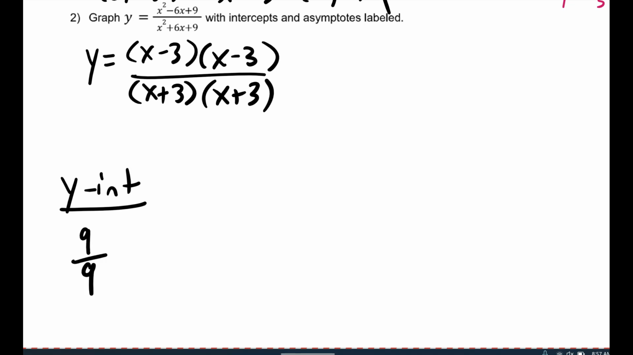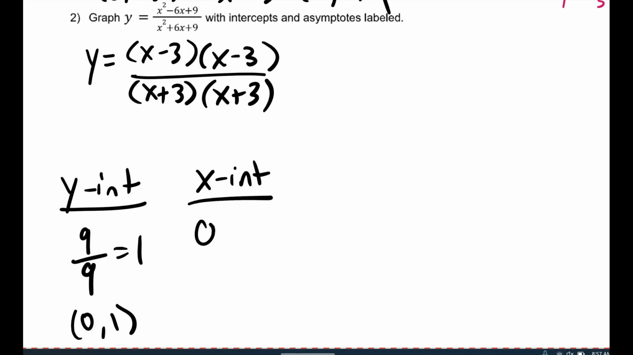So my y-intercept is just going to be whatever 9 over 9 is, which is 1. Because you don't have a calculator, you should be able to do most of these by inspection. For my x-intercept, again, you could set the whole rational expression equal to 0, but I really just care when the numerator equals 0,